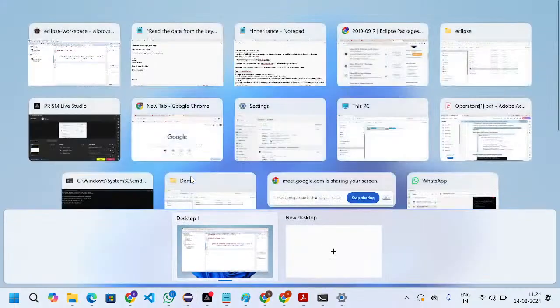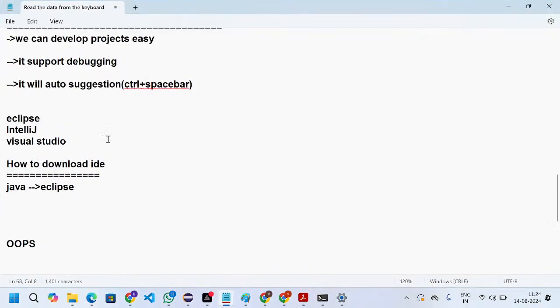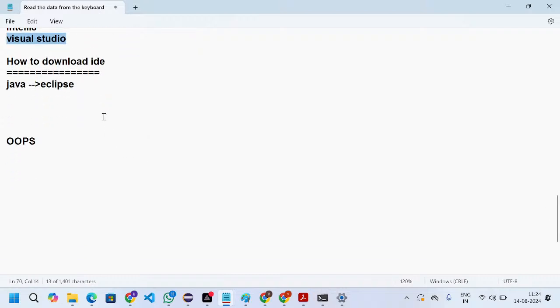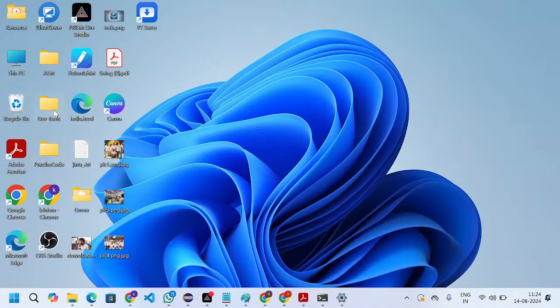Eclipse, IntelliJ, and Visual Studio. How to download? You can go to Chrome and look for the Eclipse download. There, based on your system configuration, you can download. It will be in ZIP format. You need to extract the ZIP format. Once you extract it, you will get